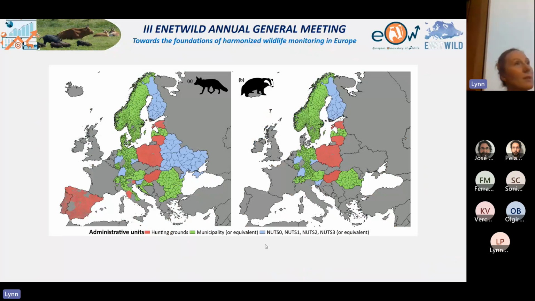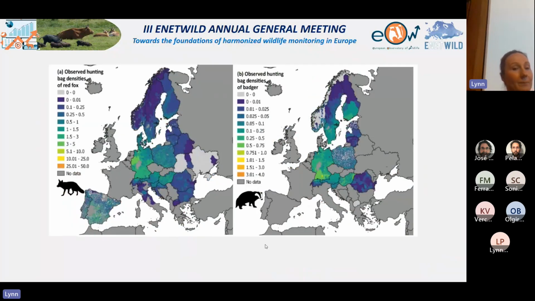If we choose the best representatives, it was the fox and the badger, which give us the most coverage all across Europe with the best resolution. But what about the other species? If we are collecting the data in good quality, so it's like density, hunting, those three packages, we can do the modeling, which is helping us also with the predictions.